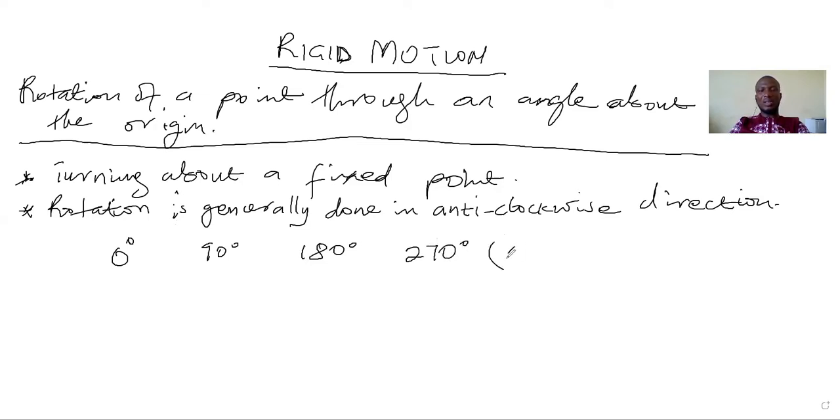Remember, these are all in anti-clockwise direction. All right. So this is how to remember the rotation formula. You write your points, the coordinate of your point x and y here,